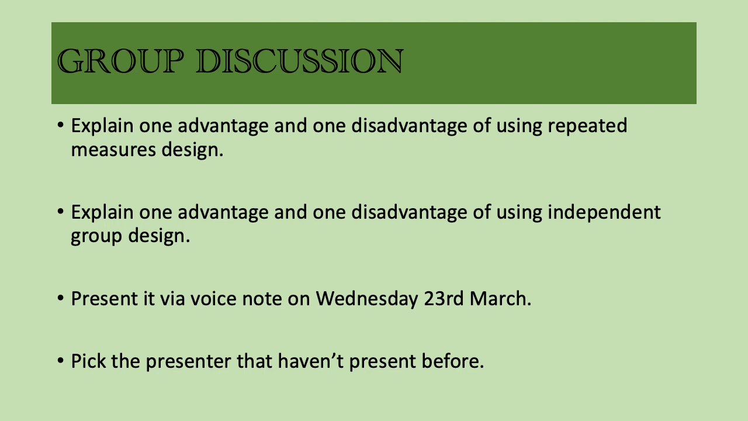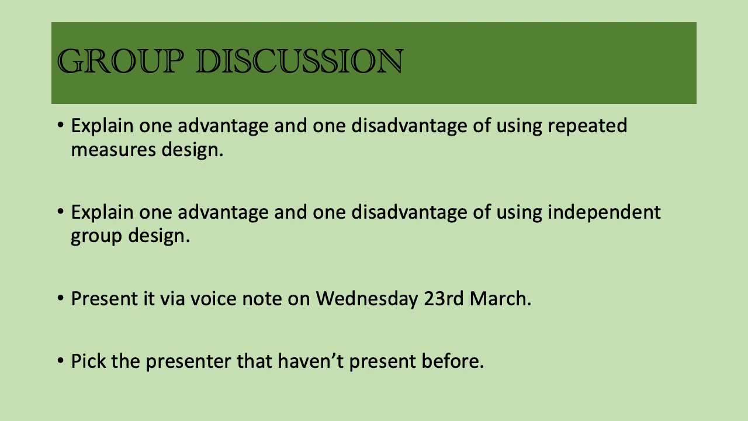I just want one advantage and one disadvantage of repeated measure design, and also one advantage and one disadvantage of using independent group design. Now, I already pointed out yesterday on my previous video that I want you to really use your brain. Okay? You don't have to Google this point. Now, for example,